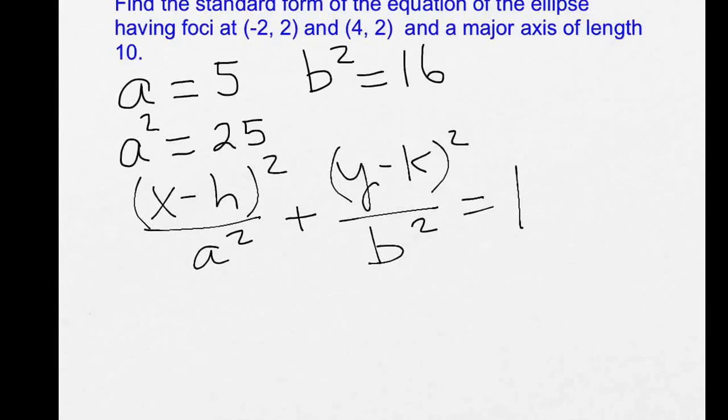There is one piece of information that we don't have, and that is the center, (h, k). So the center, (h, k), is halfway